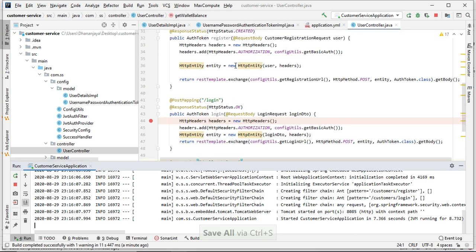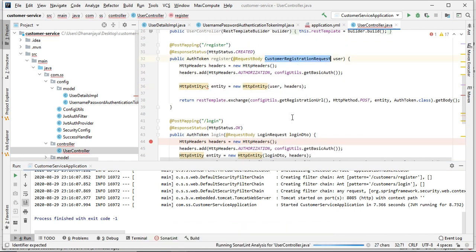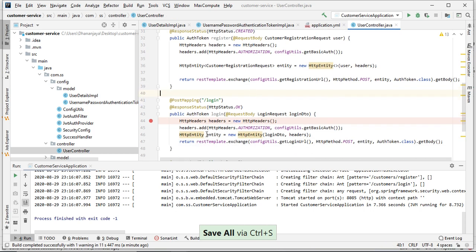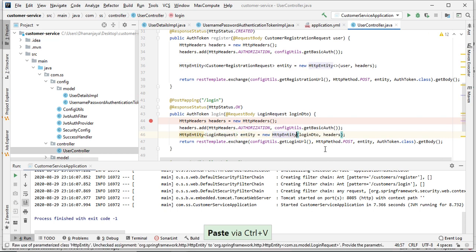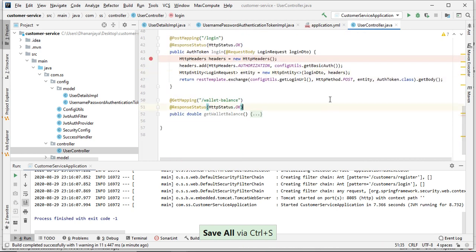So here it is giving an error because I need to use generics. This is a null violation. Actually, I need to give the user, whatever request I am getting, here, so that it will not show the null violation. Okay, let me do the same. Yeah, it's fine.